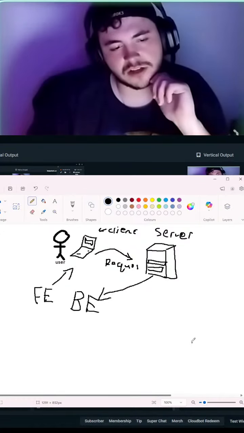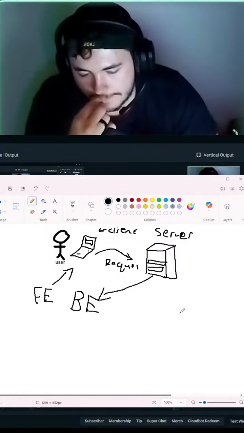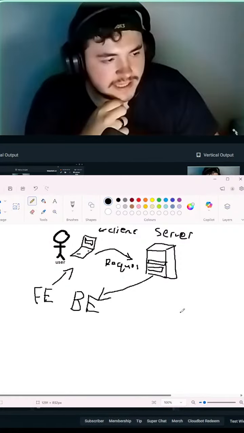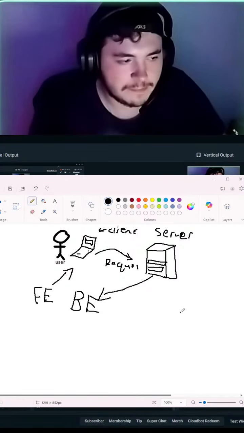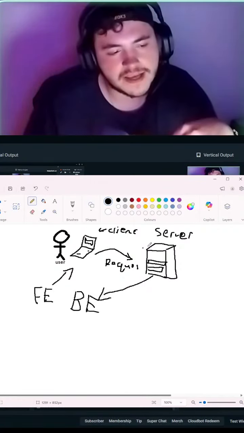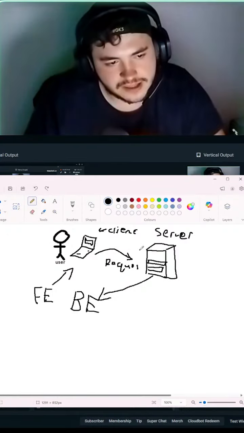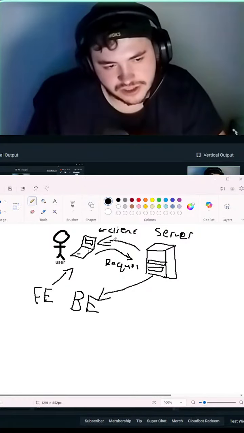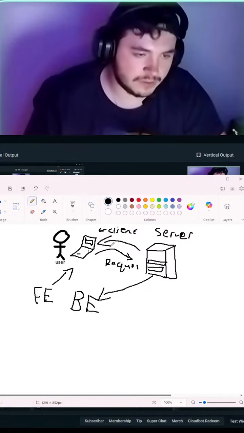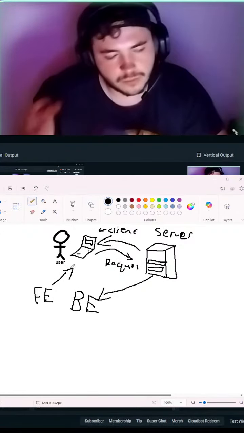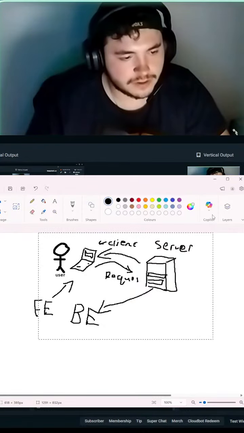Now, obviously, when you're hosting the stuff, your front end and back end is stored on the server. But for the purposes of this demonstration, this particular stream, we're trying to take difficult concepts and break them down in ways that you guys can understand, right? So very basic. You as a user are using a client, you need to make a request to a server, and then the server spits back the web application, or the pages or whatever it needs to render for you, and it will return the front end. It will return whatever web page you're using. So that's a very basic flow that we're going on here.